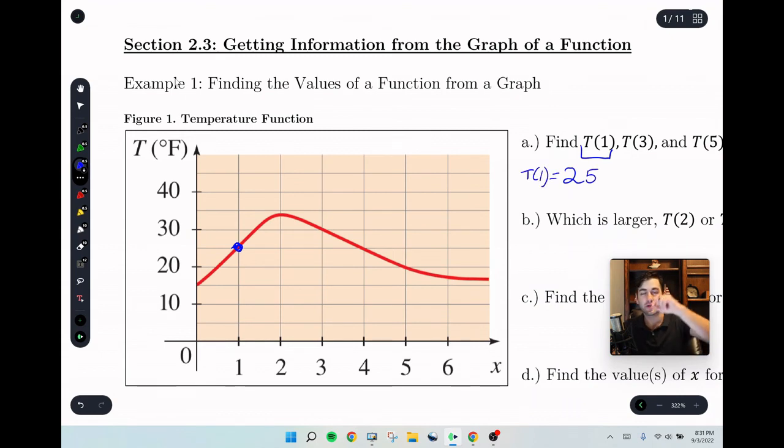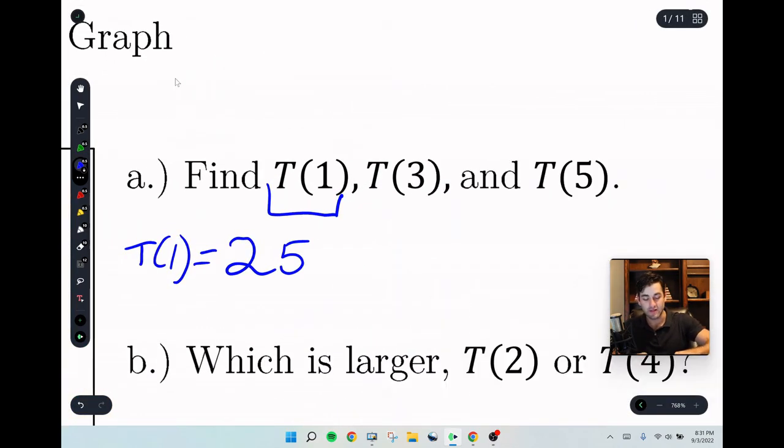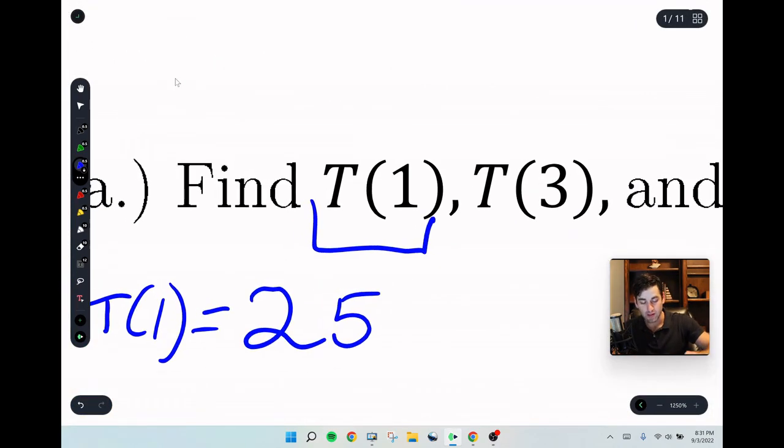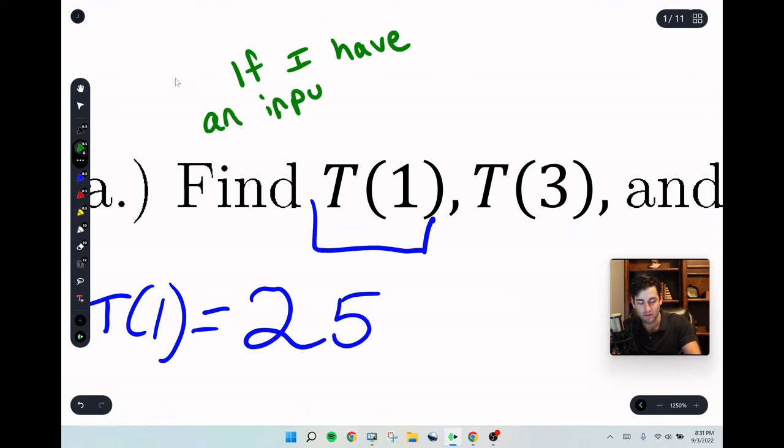But what we're trying to do now is ask ourselves, if we zoom in super big, and we don't look at the graph, we don't look at the conditions, we don't know anything about temperature, what does T of 1 mean? Or what does T parentheses 1 mean for us? If we start back at section 2.1 and work our way through this function, it says if I have an input of 1,